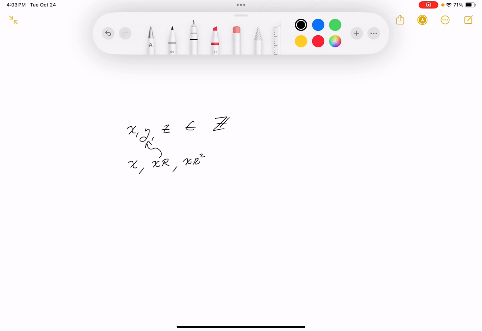So what I know about this, looking at it, is that y squared, right, this is the y squared over here, would be equal to this guy times that guy, because it would be x squared r squared. So I'm just going to say it's xz. If it's geometric, it's going to fit that description. All right, that's one thing I know. It's called the geometric mean of it. Now what I want to do is look at the other guy, where they're saying